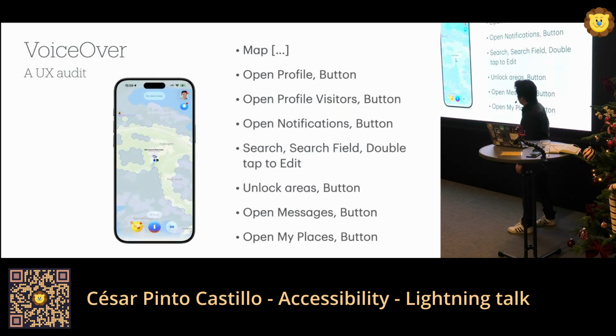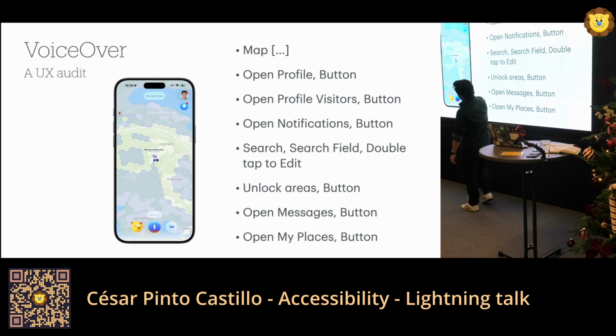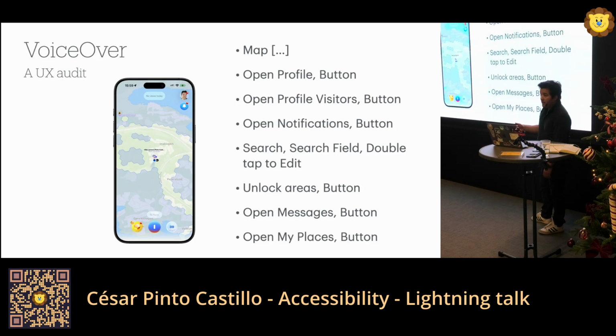So here, this is the exact same screenshot, the exact same UI. The only thing we did here was that we applied a few accessibility labels. The top one is "map dot dot dot" because that is the map view from Apple. That has a few things that we can change. Let's not focus on that. We're focusing on the components we have added here.